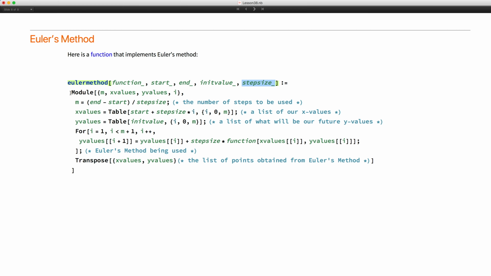So what you do now is you set up a module, and the module has some variables in it. The first variable is m, and what m is, it's just the number of steps to be used. So it's the end minus the start over the step size. We also need the x values, so that's going to be the starting value plus the step size times i, where i will go from 0 to the number of steps. We also need the y values,